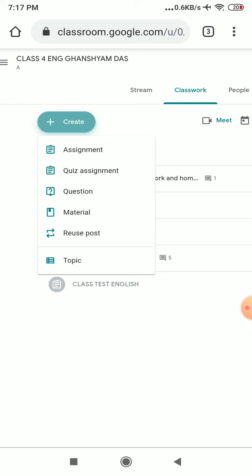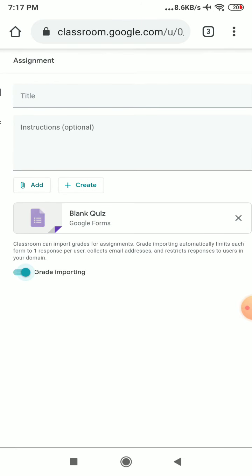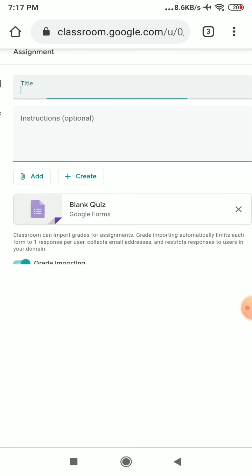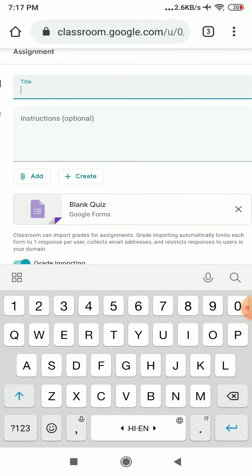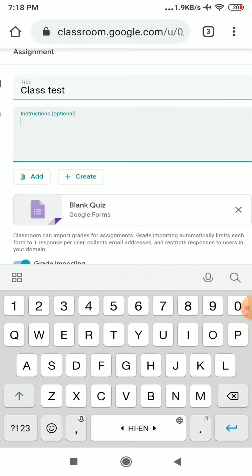Then among these options I am selecting quiz assignment, which is beneficial for taking a test. Then you see the first one is title. Since this is my test, I am writing here class test. You can write unit test, periodic test, session ending test, half yearly test, like this.